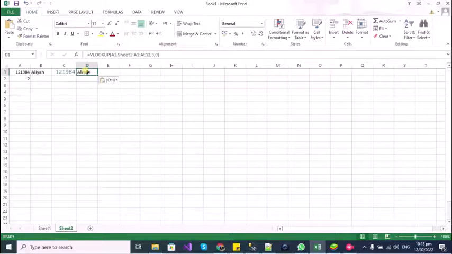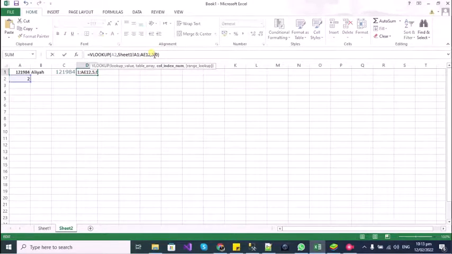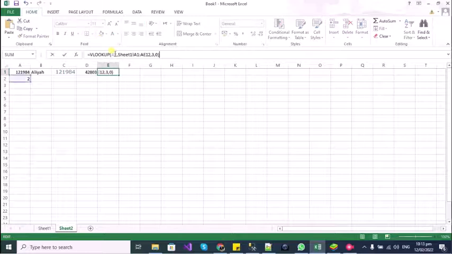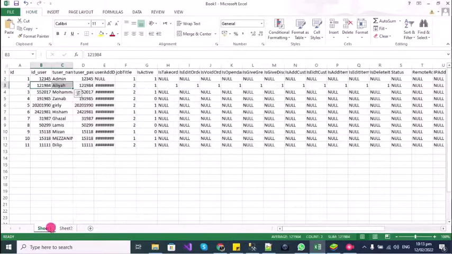And similarly, I will be pasting it and changing the VLOOKUP column index to 4. So now you can see the entries,